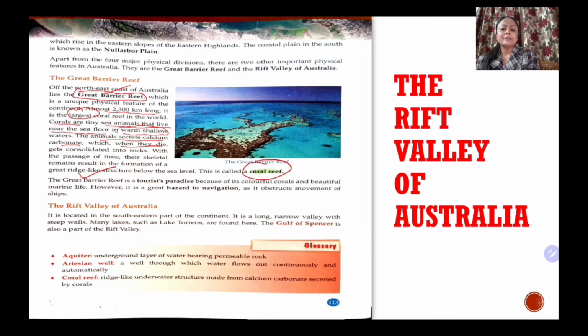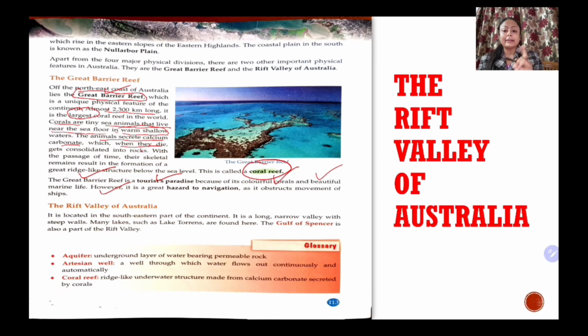The Great Barrier Reef is a tourist paradise. Children, I told you just now, the Australian government has developed it into an exceptionally beautiful tourist destination, and has taken a lot of effort to preserve the natural beauty of the region. And there are colorful corals and beautiful marine life. You will see a variety of marine life surviving in the coral region near the coral reef, and it looks exceptionally beautiful. The beauty of nature is at its peak in the region of the Great Barrier Reef.